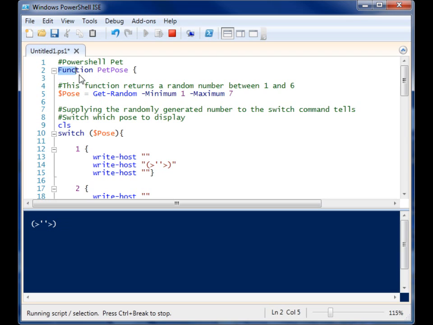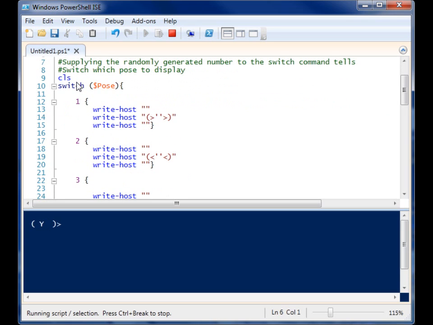So we have a function here called pet pose, and pretty much the function just returns one of the poses that he uses to get his groove on. What we're doing here first is generating a random number using the Get-Random cmdlet, and we're getting a number between 1 and 6, and assigning it to this variable. Then we are clearing the screen, and we're using the switch command and supplying it that number,